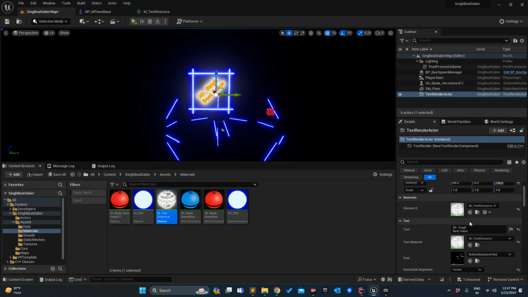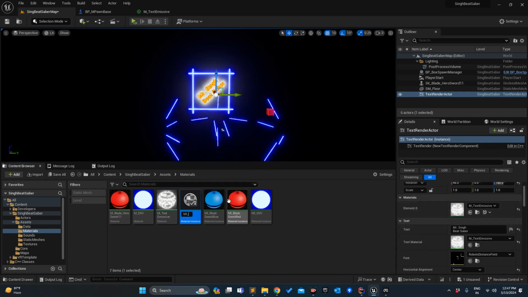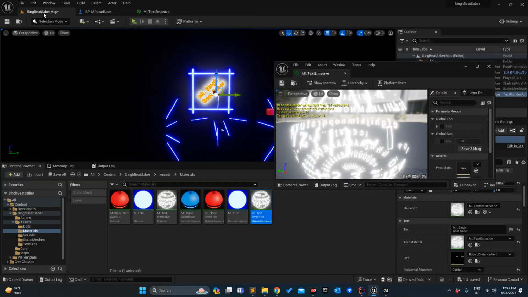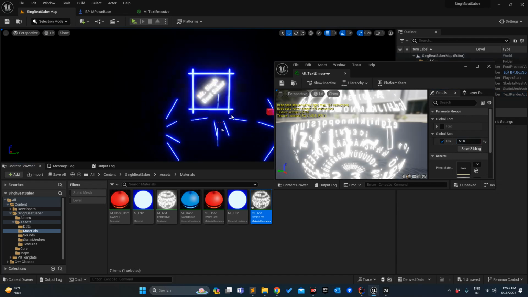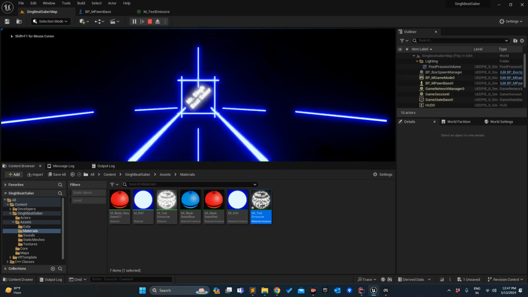I will just change the emissive. So I will just create the material instance of it, mi_text_emissive. We'll save it. Double click it. We'll change the emission power to 50 maybe. Let's check. Yeah. Maybe 20. Yeah, perfect. Next thing is when I was running it, it is pretty much static,